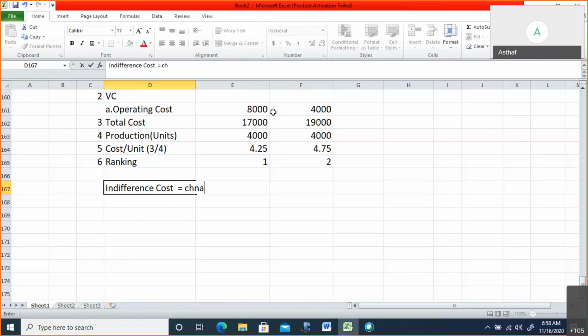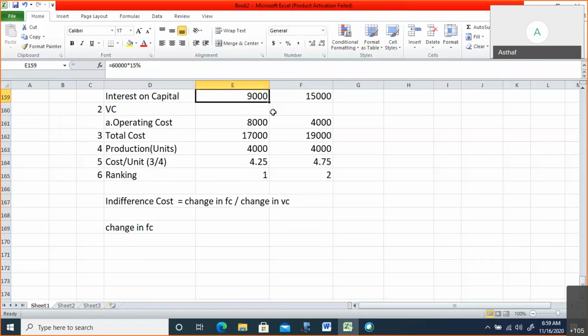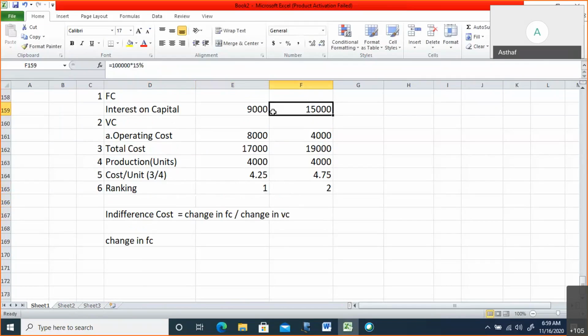The equation for that is change in fixed cost divided by change in variable cost. Very important: change in fixed cost by change in variable cost. So what is the change in fixed cost? Your fixed costs are 15,000 and 9,000. So what is the change in